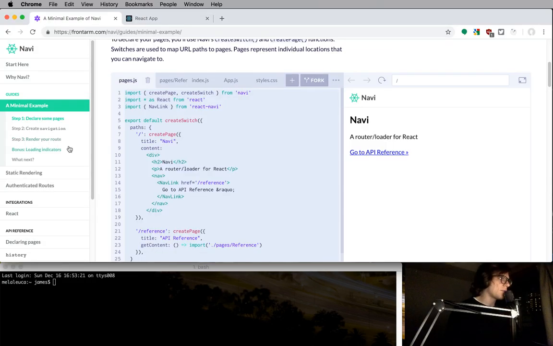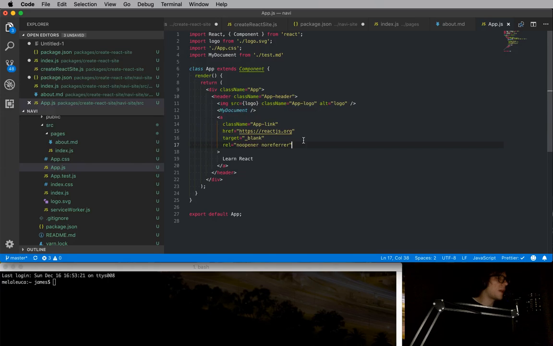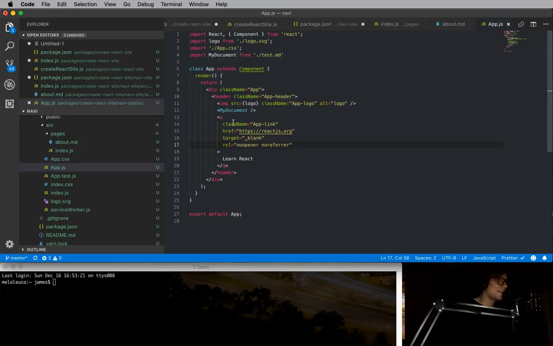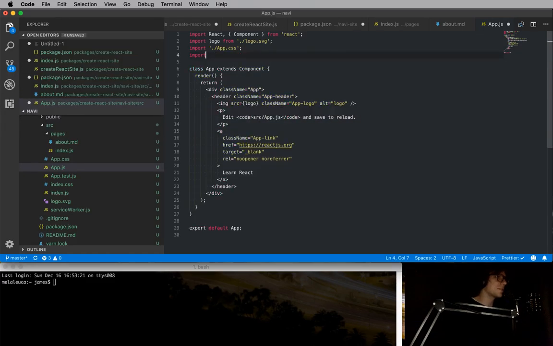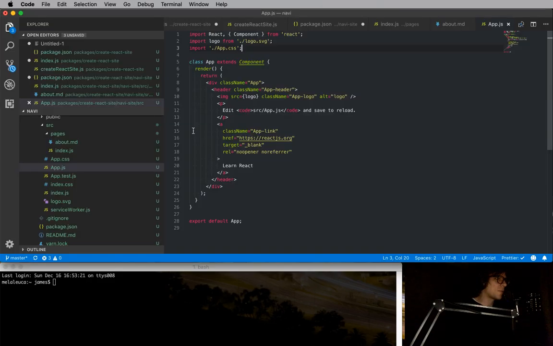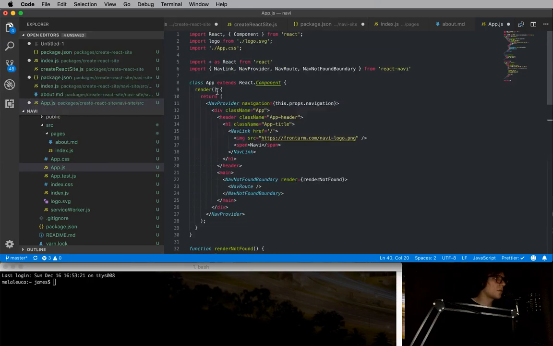So there's another couple things I have to do. One is I need to update app.js, because app.js is a little bit different to the React one. I do still want to include the, oh yeah, whoops. So let's undo the changes from this, because we're making create React site, so I want to make it look like create React app. So I want to have the spinning React logo as well as a spinning Navi logo, because they both kind of match up. They have the same kind of symmetry in them. So I do want to have something like that, but then I also need to actually do the routing here. So if I copy and paste the Navi basic code, which is here,